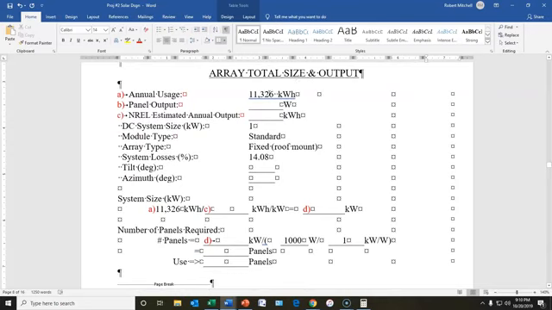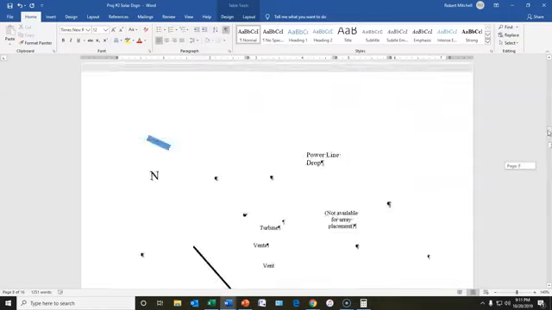Now, the total requirement for the customer is 11,326 kilowatt hours. Our panel output for this, we're going to say, is 270 watts. So we then will go over to our NREL website. Before I run over to the website, though, let's get a little more information. We know the watt output. Now we need to add tilt and azimuth. So we jump back up to our drawing,